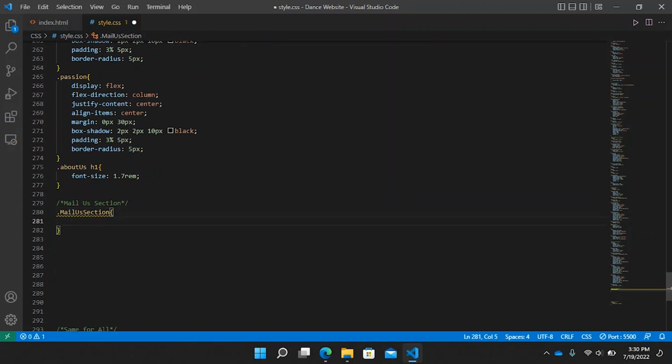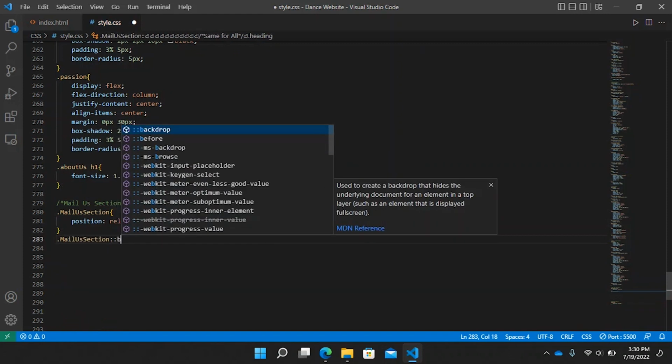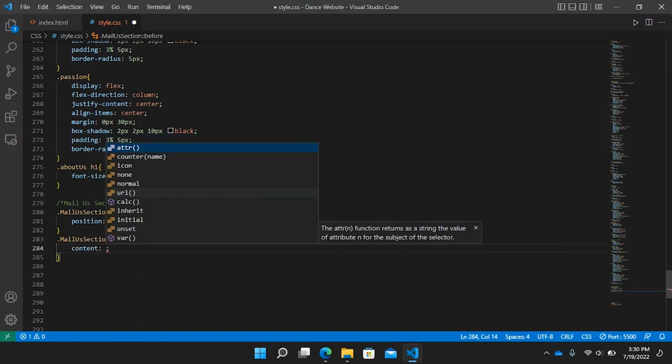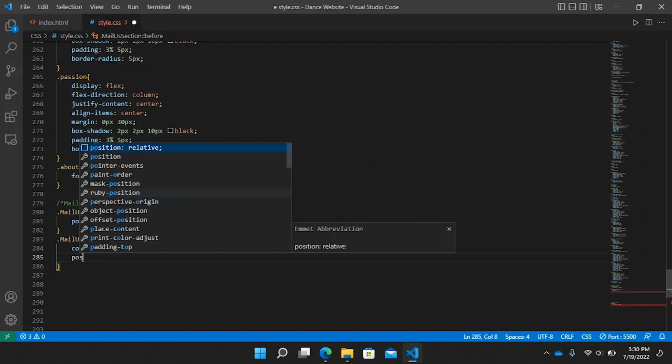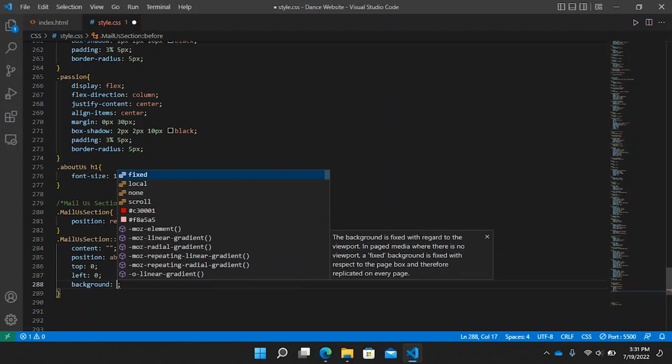Okay, sorry, I want it to be position relative. Okay, this will be good. Why I made position relative, I'll tell you about it. Mailer section, then I will go for before, then I will make here a background image. Then there will be a content, then the position will be absolute, then top will be 0, and left also will be 0. I have to make a background image, so URL